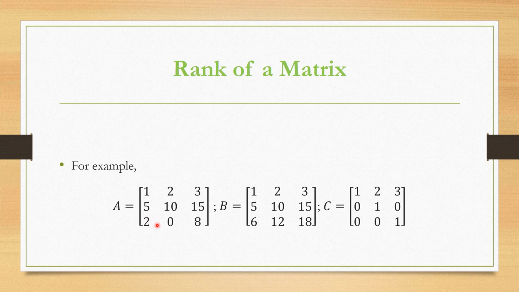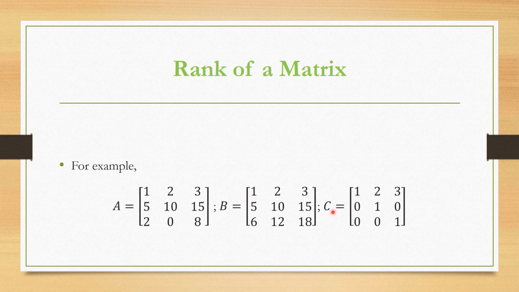It is nowhere connected to exactly the rank of a matrix. In the example B, the first row when multiplied by 5 gives the second row, so both are dependent. If we add the first and second row, we get the third row. So out of 3 rows in the matrix B, only one is different. Therefore, the rank of B is 1.